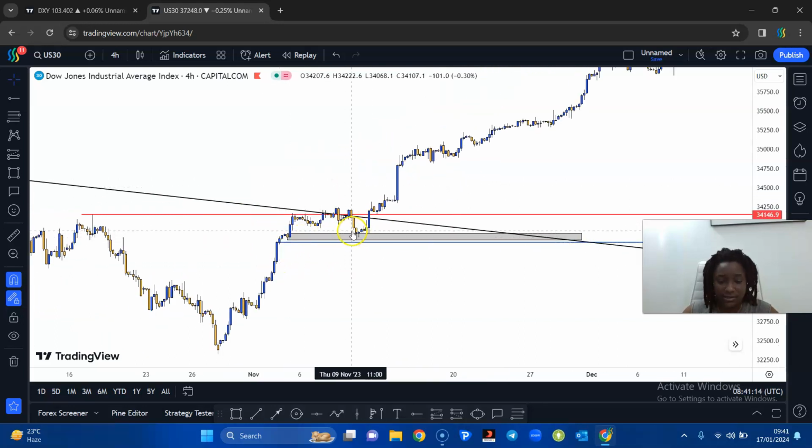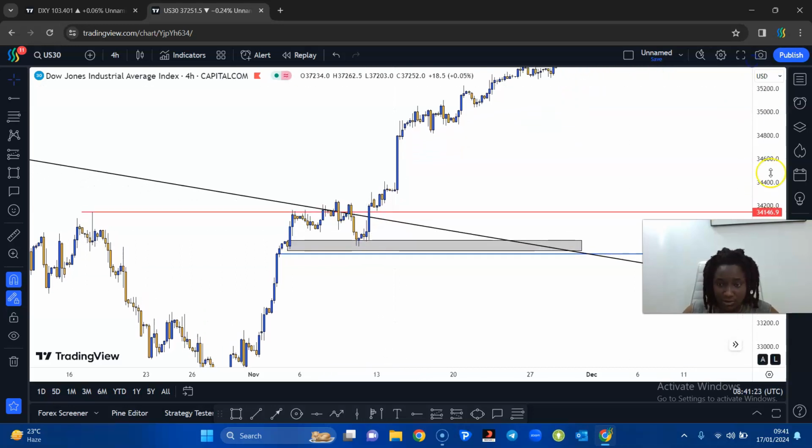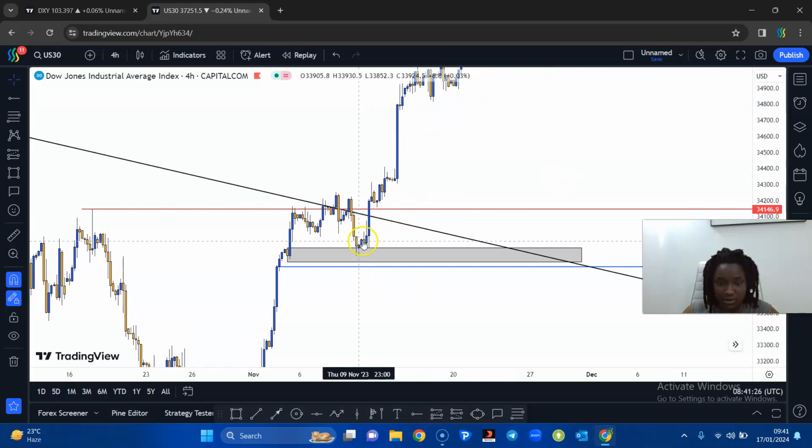So you see here that in the demand zone, we have a hammer, right? We have another bullish pin bar candlestick here. And then we now have a solid bullish candle, but it's kind of small. We could have taken our entry from this as our confirmation. This candlestick right here would have been our entry point, right? We could have taken our entry from this and then set our stop loss just right below this H4 demand